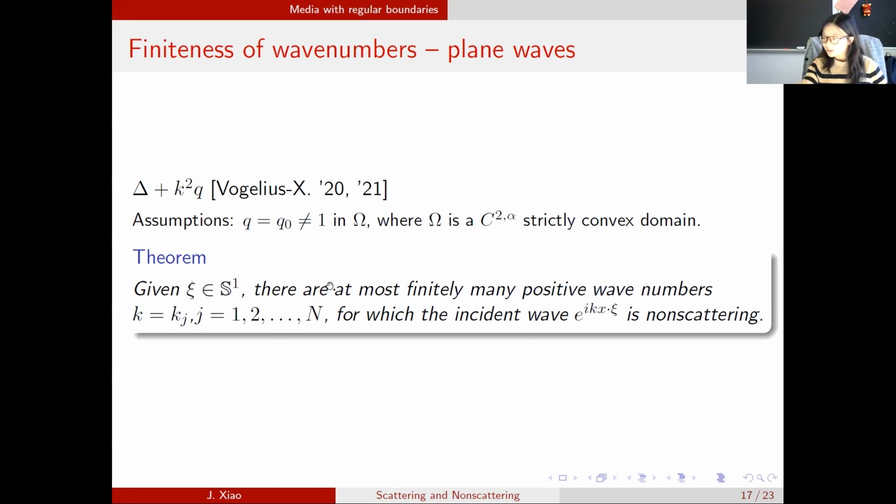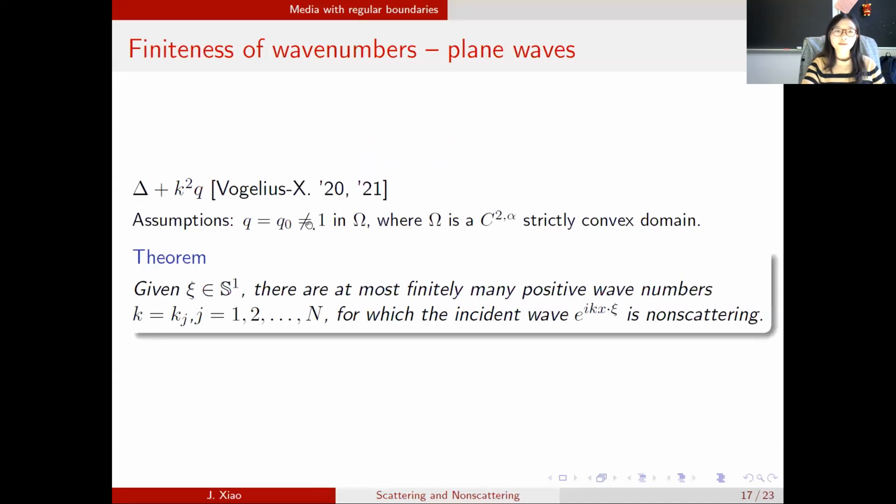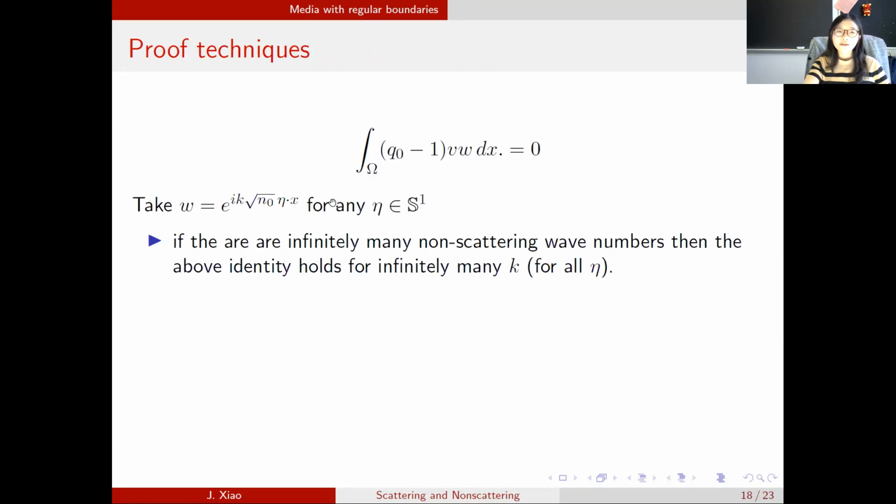And let me go quickly, briefly about the proof. So the proof is using also the same integral identity, and I made this 0 because of the boundary condition that U and W. So W is again an arbitrary solution corresponding to this operator. So here what we did is we just took, sorry, this should be Q naught. We just take W being this specific case where it is square root of Q naught and in this form, and we take it for an arbitrary eta